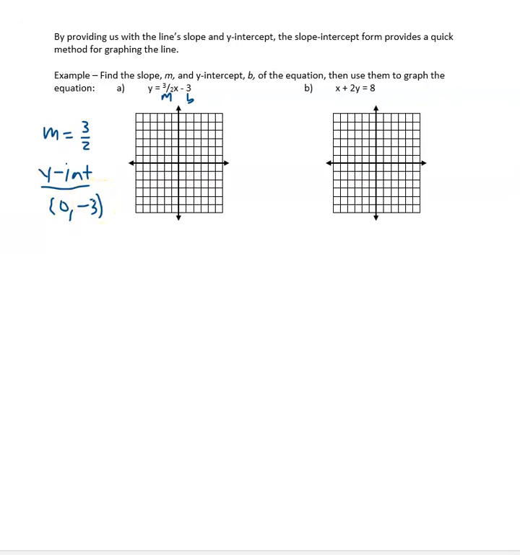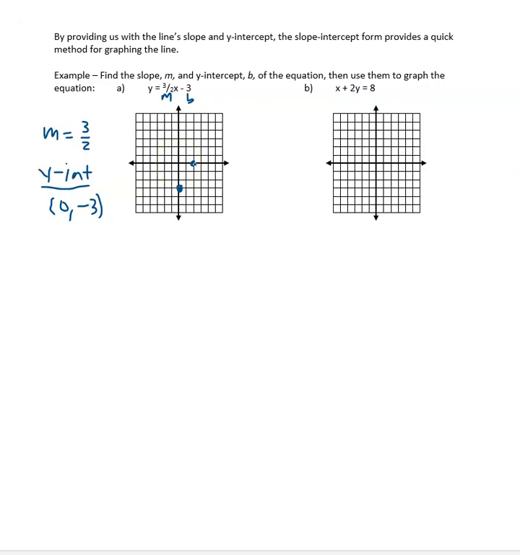So now that we have our slope and our y-intercept, we are ready to graph. So we first plot the y-intercept, so 0 on x and -3 on y. So there's the y-intercept, and that's 1 point on the graph. And then we can use the slope in order to find another point on the graph, because remember, the slope is the change in y over the change in x. So the change in y is +3, so that says go up 1, 2, 3. And the change in x is +2, so that says go to the right 1, 2, and there's another